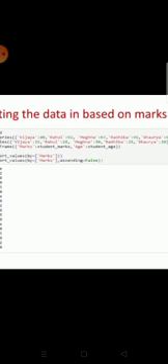Example of sorting the data based on the marks. According to marks I am sorting the data now. At first you have to write the package name, import pandas as pd. I have taken students' marks with the pd.Series function, you are familiar with it now. Vijay 80, Rahul 92.